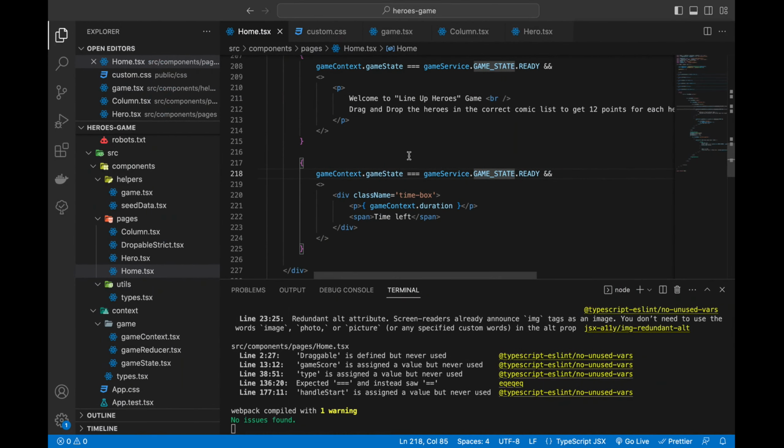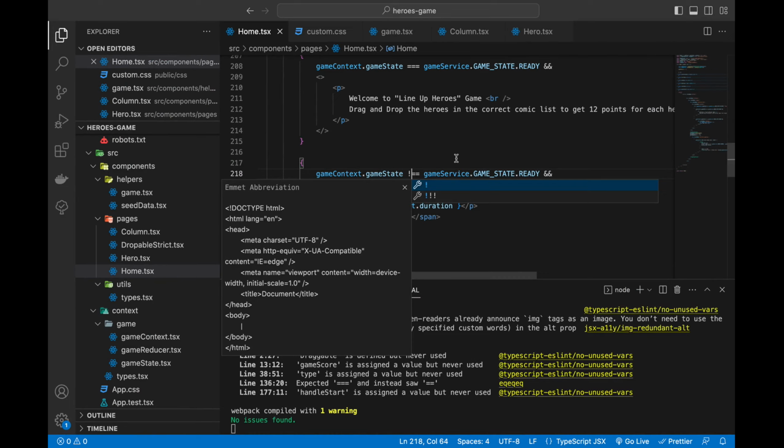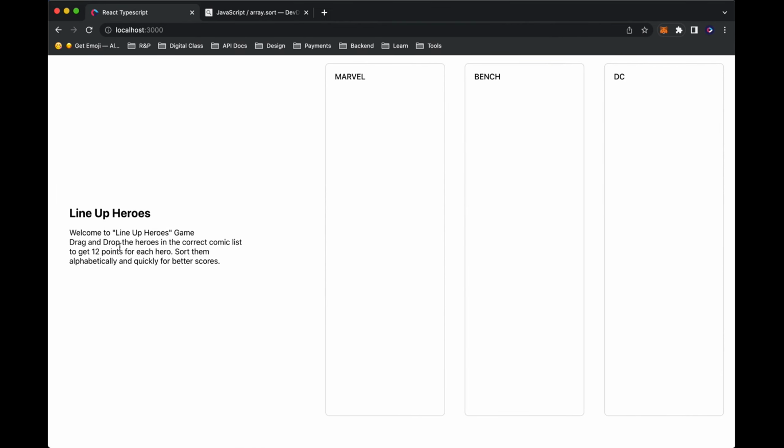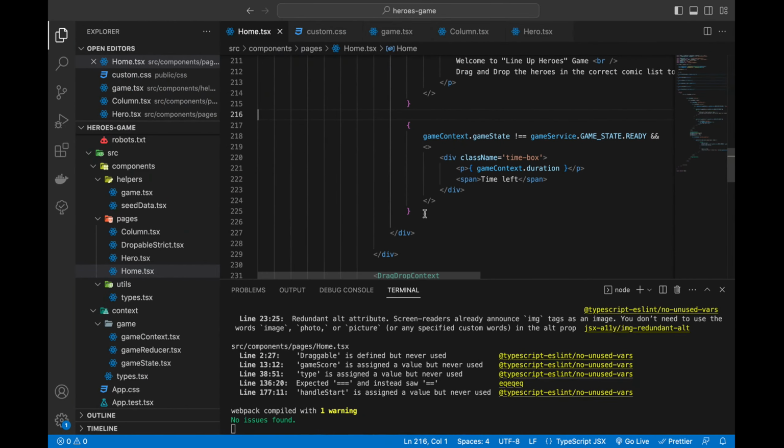So we are supposed to do if game state is not equal to here. That's what we're supposed to do, because it's not supposed to show by default. It's not supposed to be visible by default. All right, now with that done,